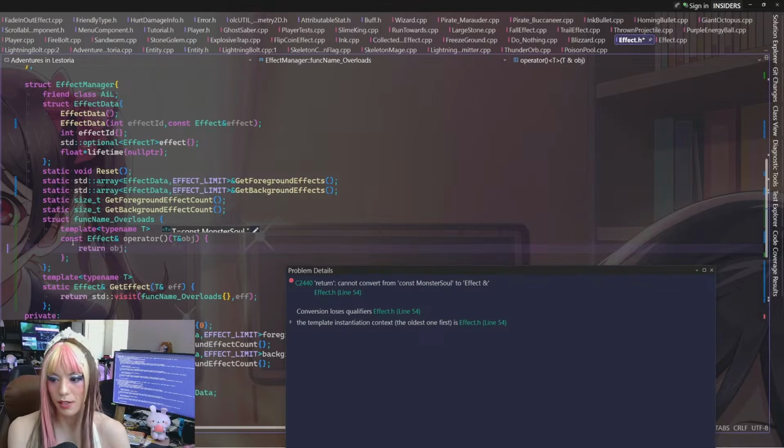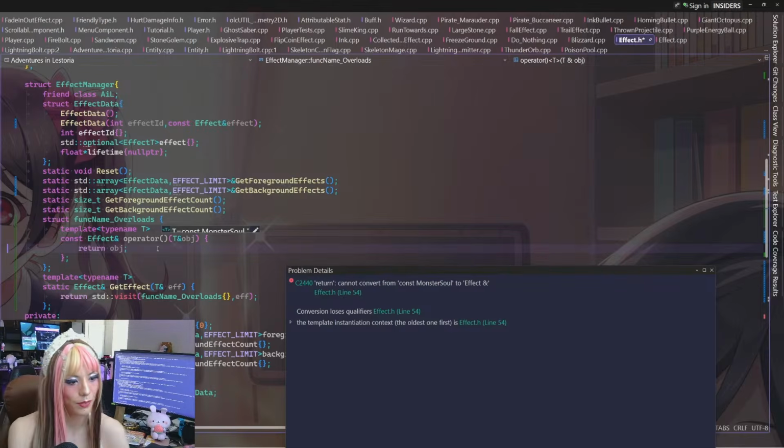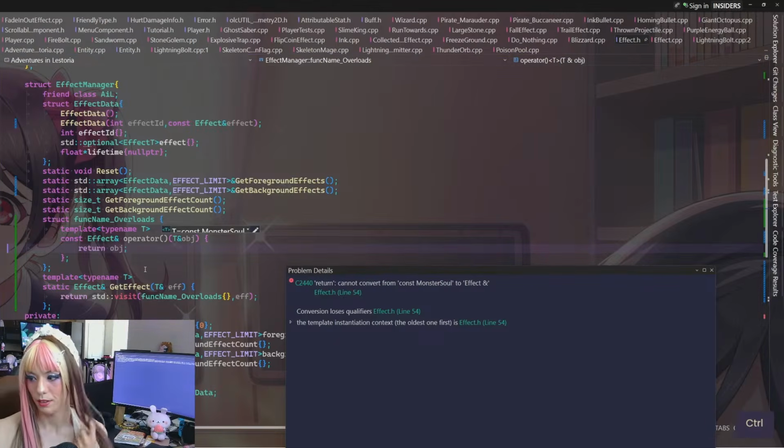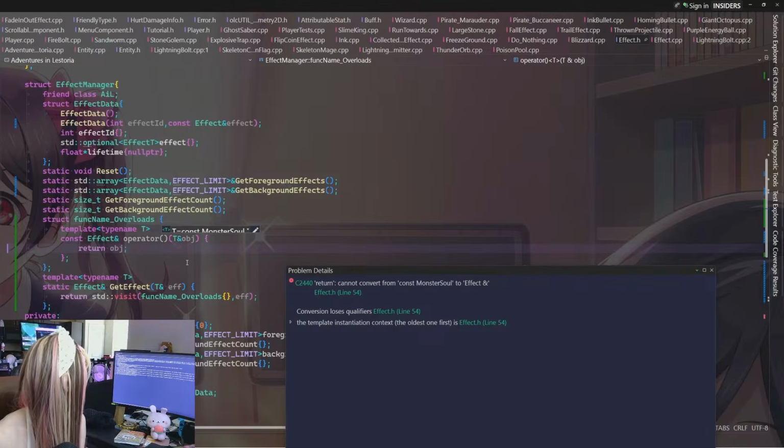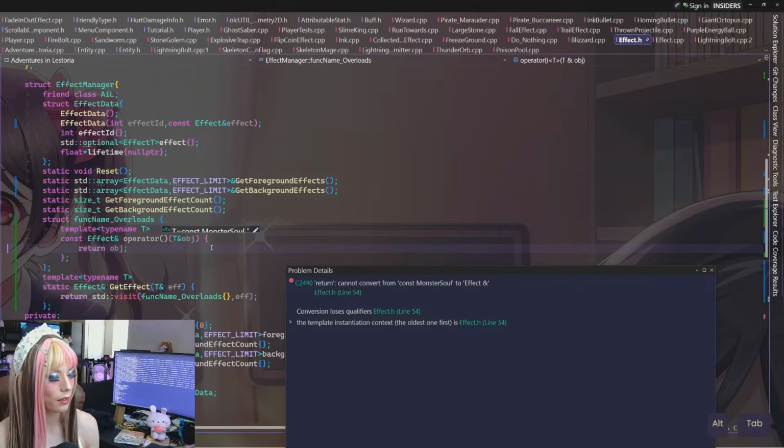Did I just not try this? But then I think something else happens when I do it this way. I'm pretty sure. Let me see. Why does it have to be const? Also, I will be right back while this is building.